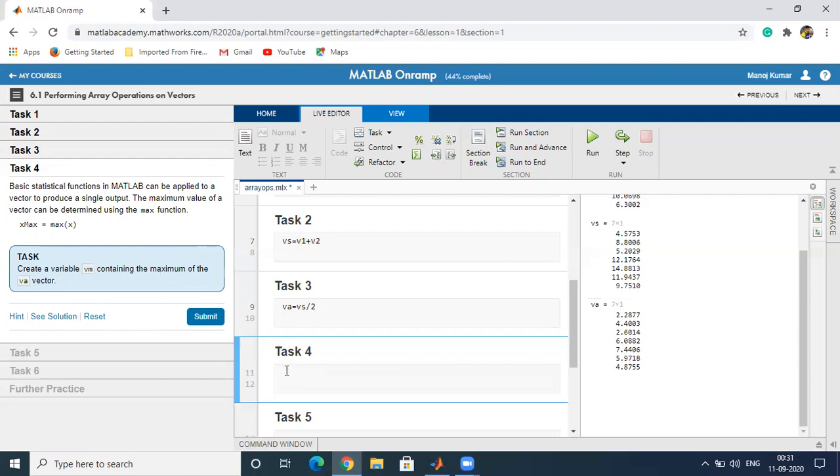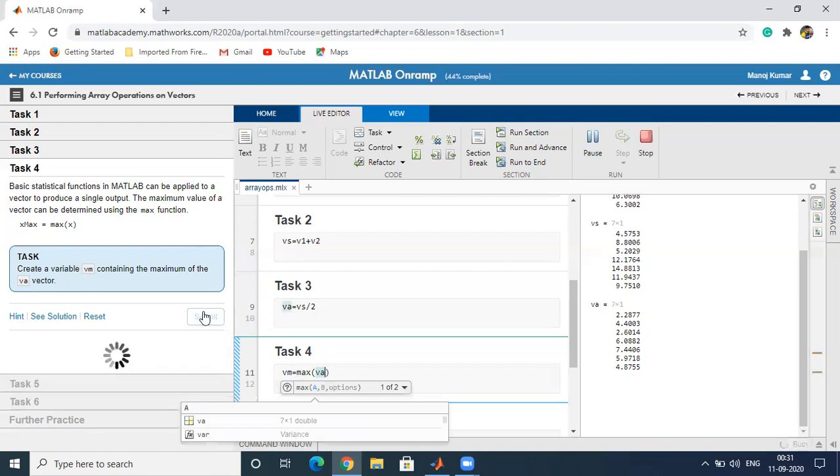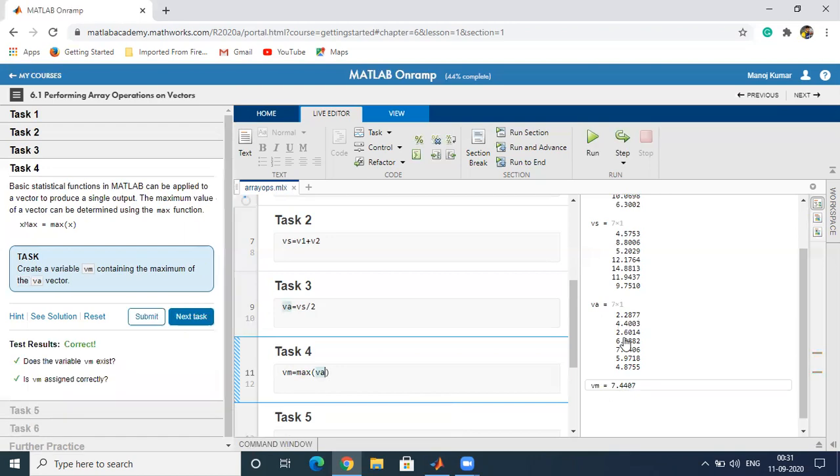We have to create a variable vm which contains the maximum value of the vector va. It will calculate the maximum value of the vector va. You can see the maximum value is 7.4406.